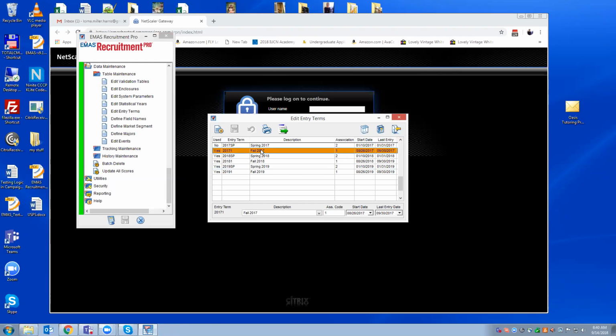We like to see the fall entry term be in the same statistical year, so fall 2017. The start date tells you what year the entry term recruiting is associated with. So in the case of fall, let's look at fall 2018. The start date is 8/26.